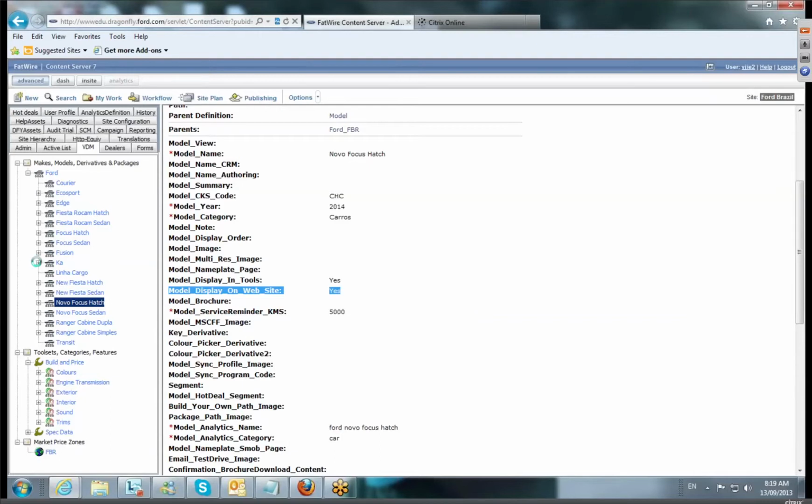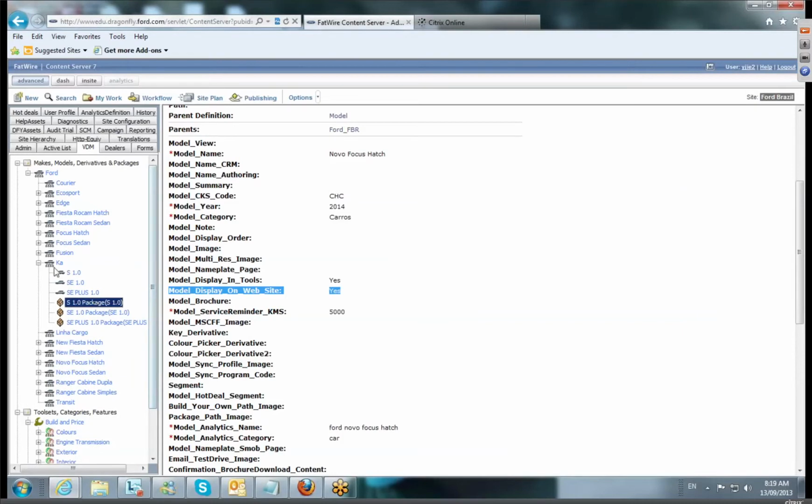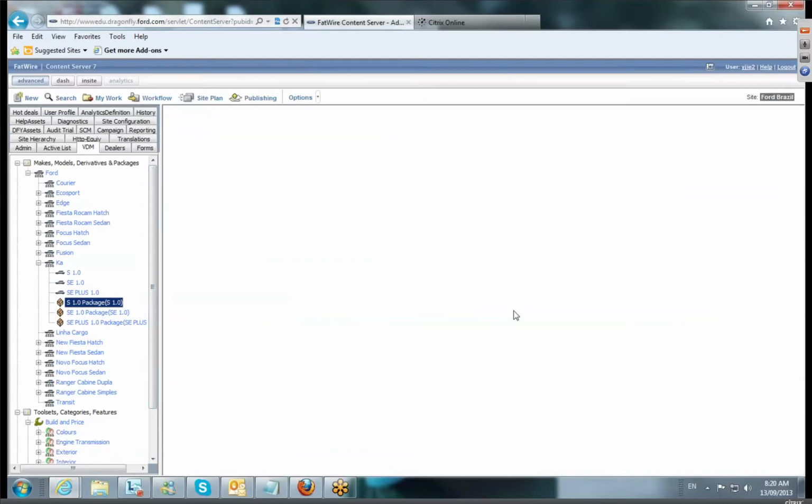Let's use a KA to show you how we build the build and price tools. So for build and price, we all know from the other market already that the data is read from the package assets, not from the derivative assets. Okay, so for build and price tools only. So when we create package assets,